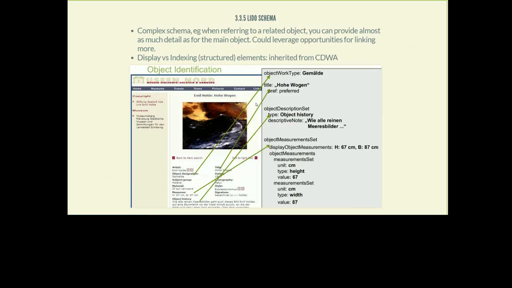Here's an example of a museum object on the left, as you see on a museum website, and the corresponding XML information with its nesting on the right. Typically, this was borrowed from CDWA. You have display fields and indexing fields. So you see here display object measurements versus the indexing fields. The reason these are recorded is because they often include additional nuances that a museum curator would enter that are not needed in the indexing part.